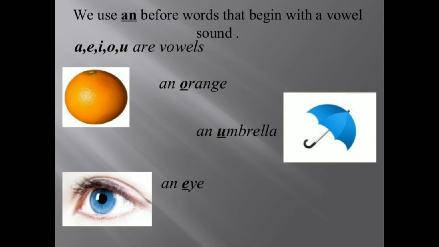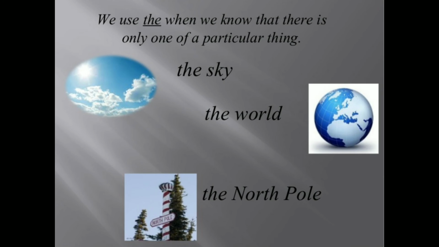Next, a and an are also used for singular nouns. We use the when we are talking about only a particular thing. It is also used to introduce plural nouns like the bicycles, the dolls, the erasers, etc. When we talk about a particular thing, we can use only the, which is only one thing, like the sky. The sky is only one thing, there are not many skies, only one thing.